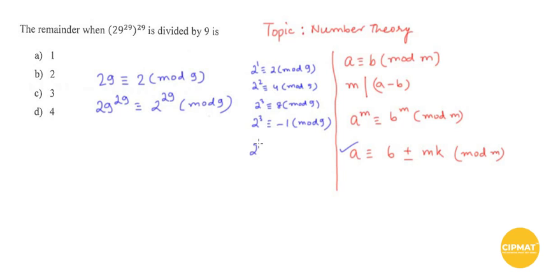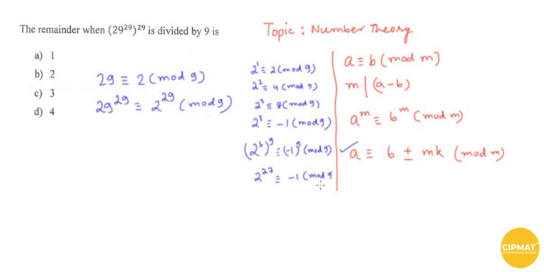Now if I take the power of 9 to this, I will have minus 1 to the power 9 mod 9. So 2 to the power 27 is congruent to minus 1